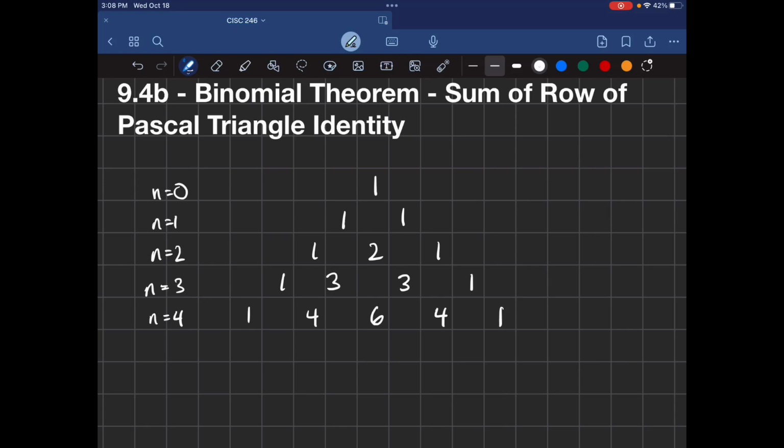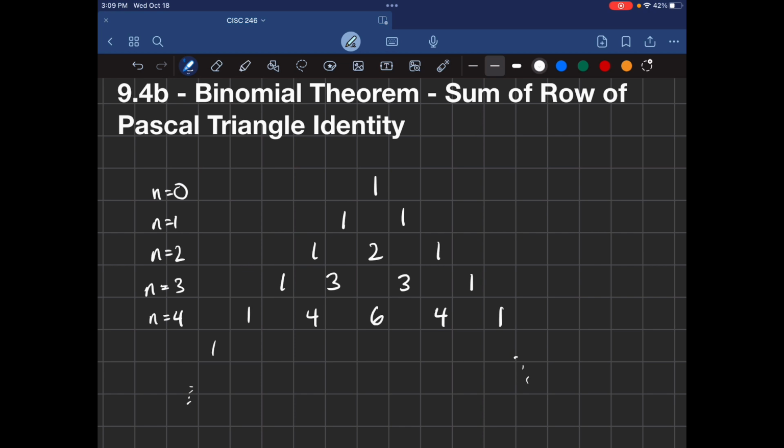In this video, we're going to continue our study of the binomial theorem and binomial coefficients, and we'll derive a different identity. This time it's the sum of the rows of Pascal's triangle identity, or at least that's what I call it. And here's Pascal's triangle, at least partially. It goes on